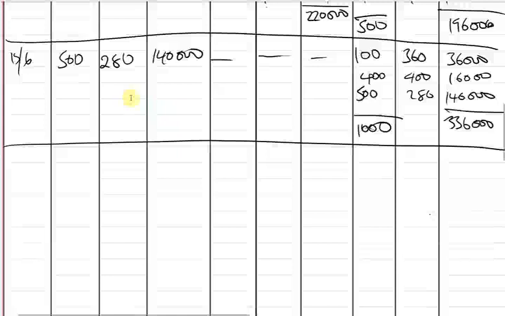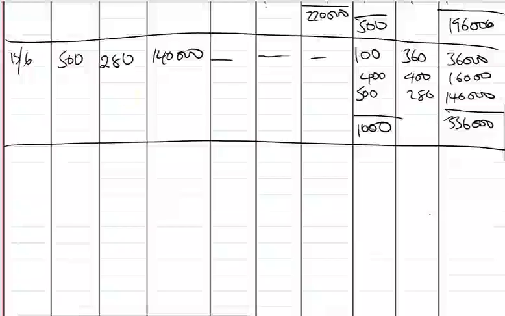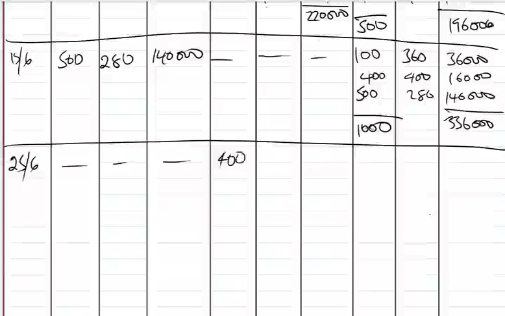So let us look at another transaction, which is on the 25th of June. They actually sold 400. So we're saying last in, first out. So the whole 400 will come from the last consignment, which is the 500 units. That means the value will be 280. If you multiply that, you should find 112,000. That means our balance is going to be 100, then 400, then the 100 that is remaining